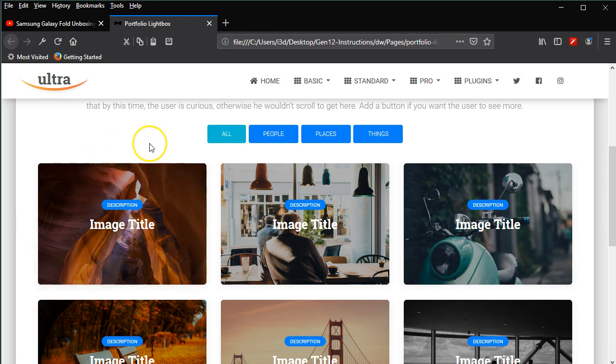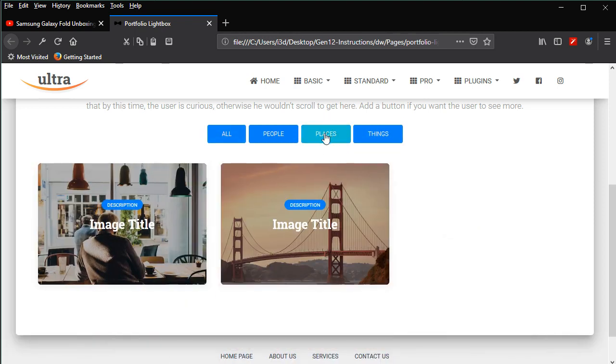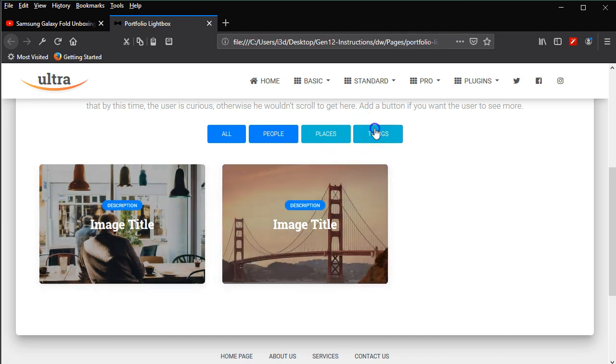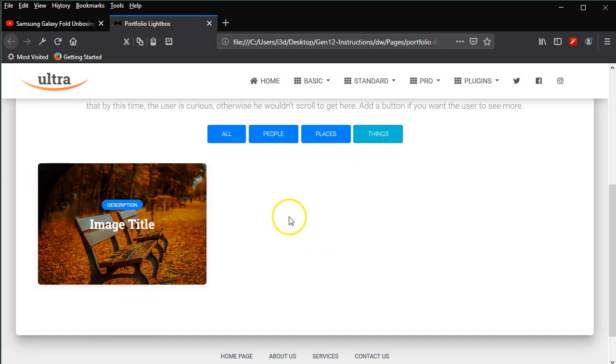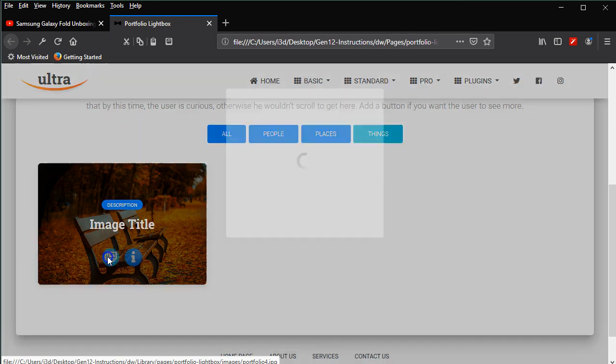So the cool thing about this is it has what's called a category filter, and you can add as many as you want to. So if we wanted people, places, and things, we could select places, and only photos with the places filter would show up when we select that category. Same with things, right? Each image that shows up includes a description, a title,